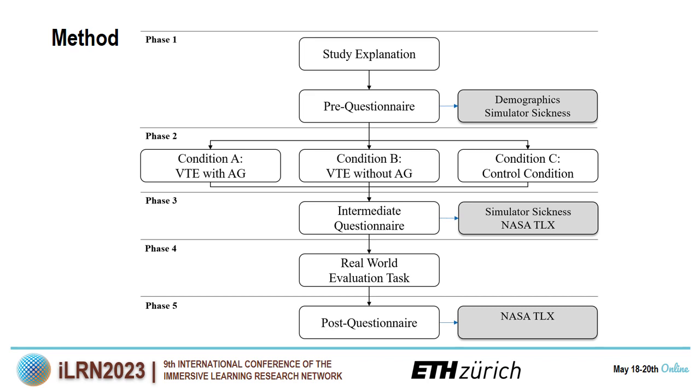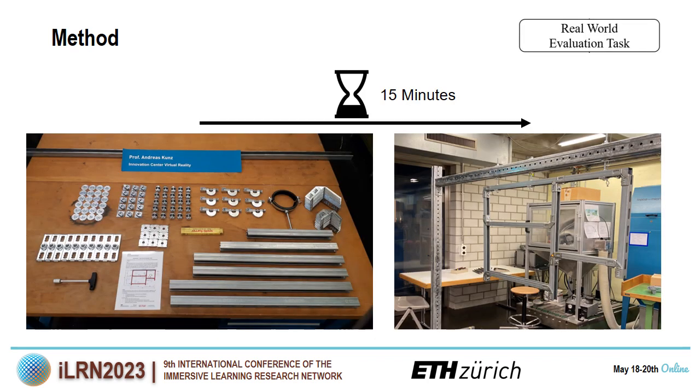It's assigned as follows. After a brief study explanation and a pre-questionnaire, participants were given 15 minutes in a virtual training environment, either with or without attention guidance. Participants in the control group did not receive any training at all. Following this VR training phase and an intermediate questionnaire, participants were asked to show their skills in a real-world evaluation task. For this real-world evaluation task, they were provided with all the required components and were given 50 minutes to assemble